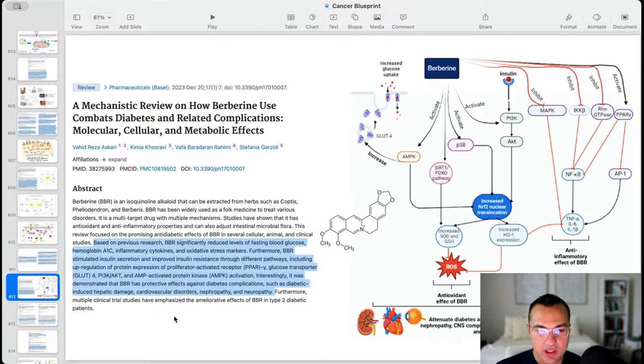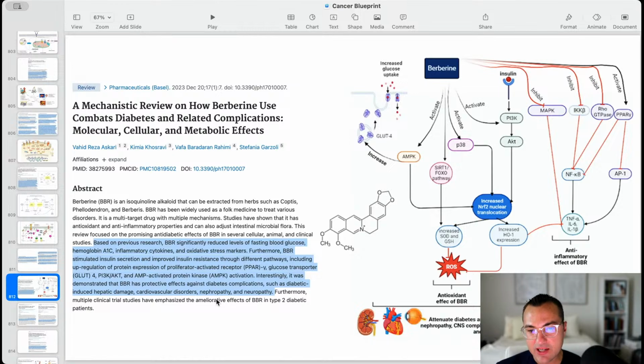Furthermore, berberine stimulated insulin secretion and improved insulin resistance through different pathways, including upregulation of protein expression of PPAR gamma, glucose transporters GLUT4, PIK3 AKT, and AMPK activation. Interestingly, it was demonstrated that berberine protected against diabetes complications as well, such as diabetic-induced hepatic damage, non-alcoholic fatty liver disease, cardiovascular disorders,